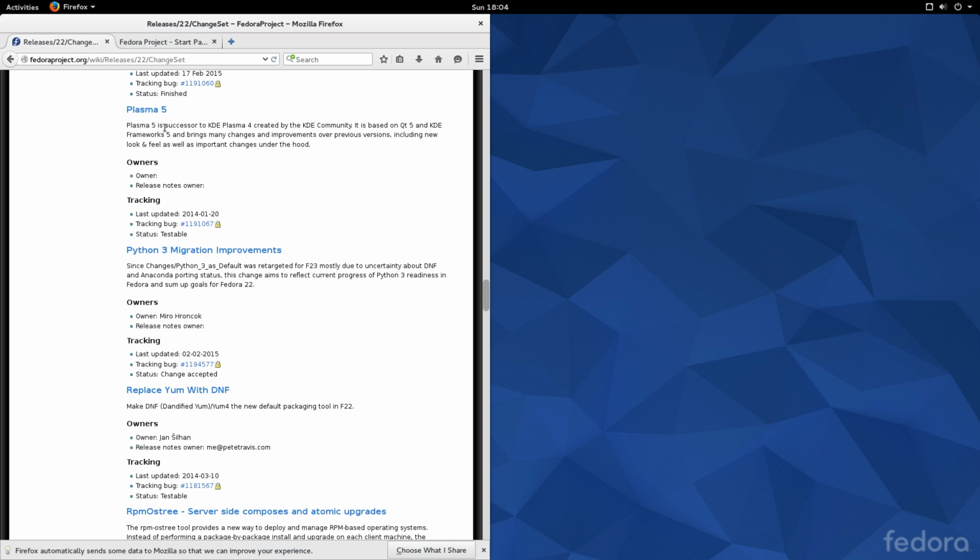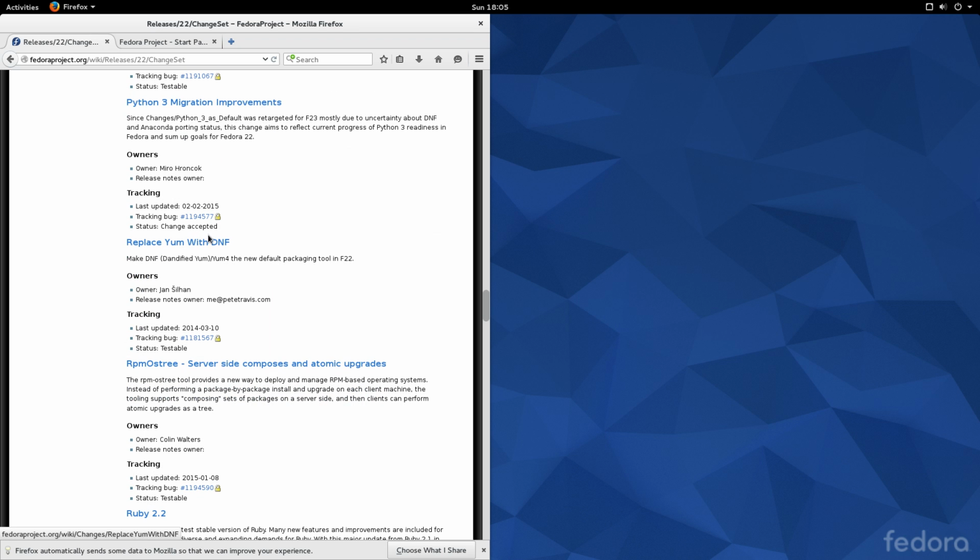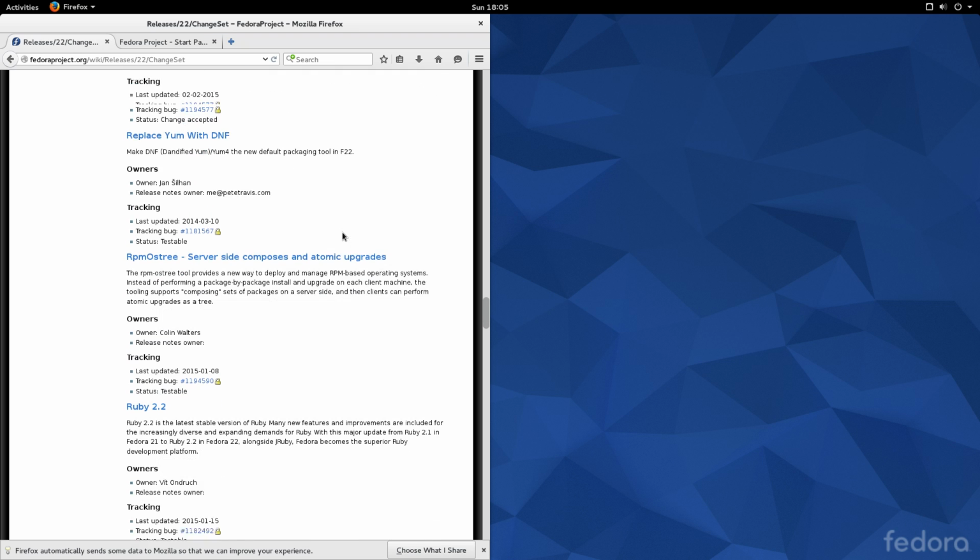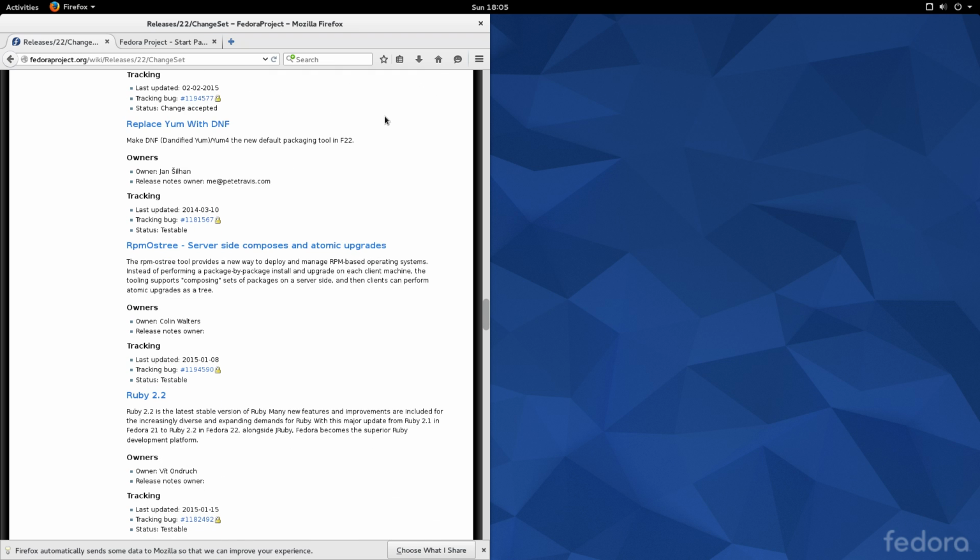So now we're talking about Plasma 5, which is the KDE desktop. We're moving over to KDE 5 from KDE 4. We have some changes with Python 3. This is kind of a big one here. We're replacing Yum with DNF. So if we select that,